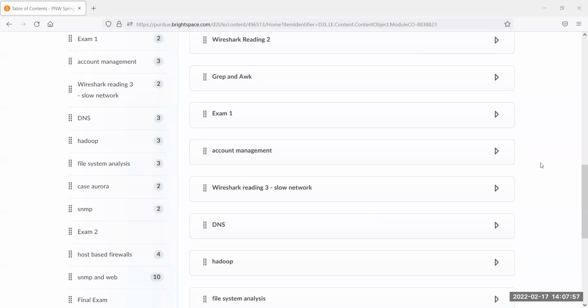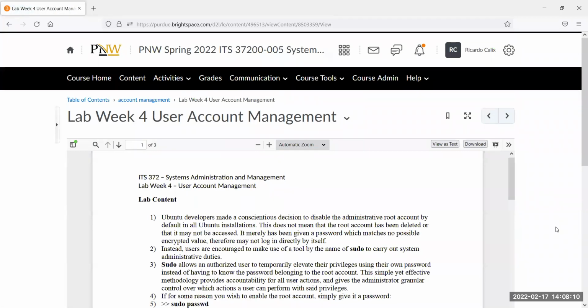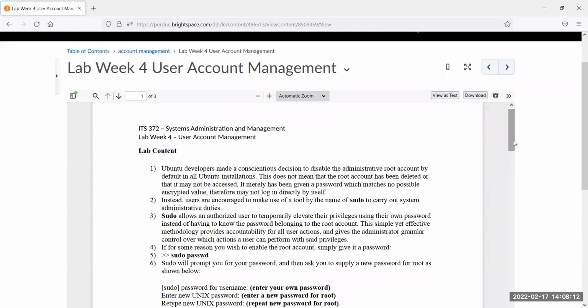All right, so let's go ahead and take a look at today's topic. As I said, we have a couple of PowerPoint presentations. I'll do those on Tuesday. Today, since it's lab, we'll go over the document itself that I posted. So basically here, as part of system administration in Linux, you guys are familiar with a lot of tasks that we do. And a lot of the tasks as it relates to access control are governed by